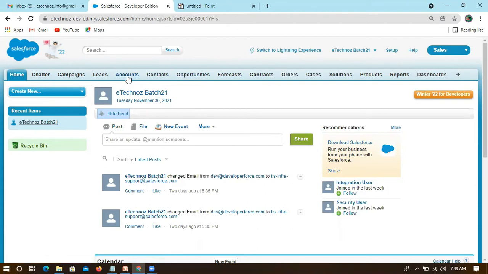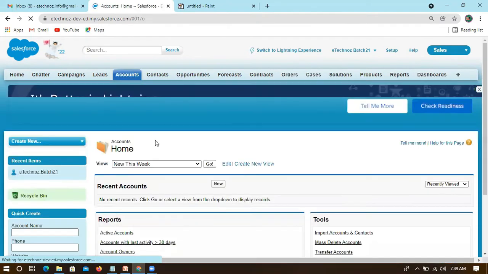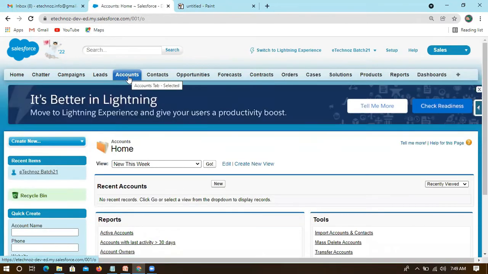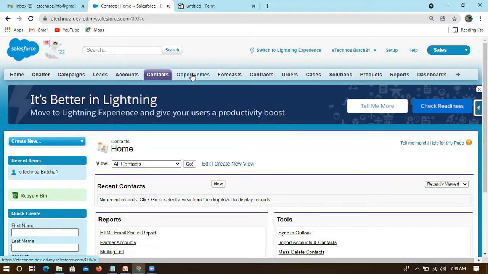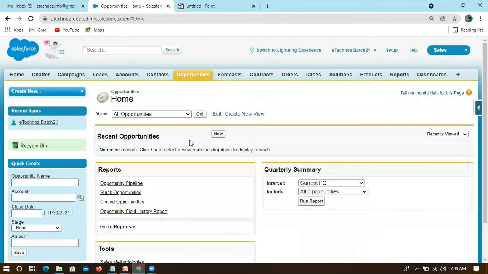Each of these objects is connected to a single tab. Account is connected to the Accounts tab, Contact to the Contacts tab, Opportunity to the Opportunities tab. When you click a tab, you are able to see the actual data. As I already mentioned, an object is a memory space to which we have given a name.